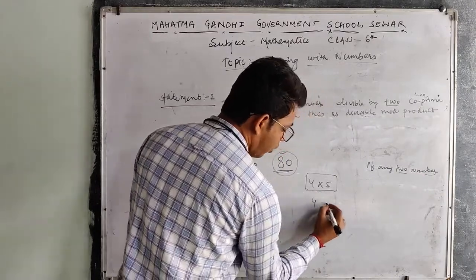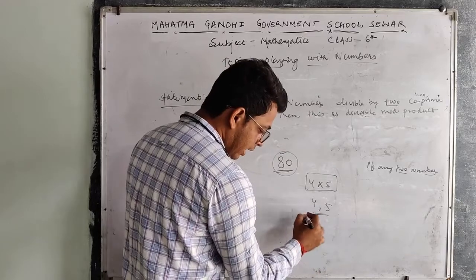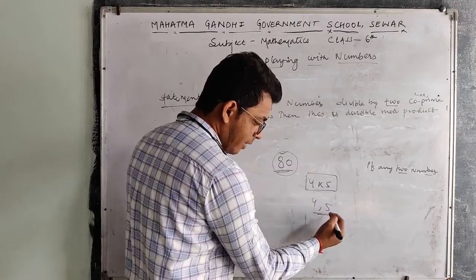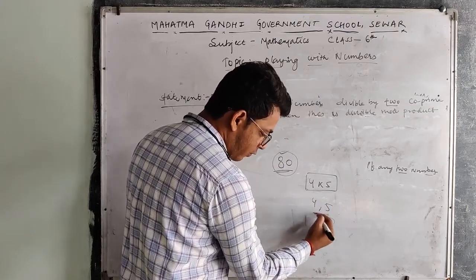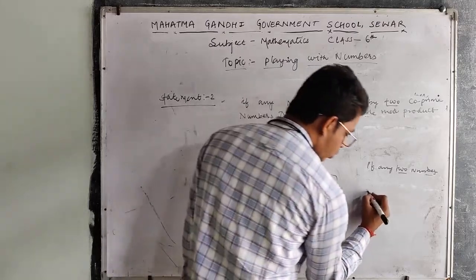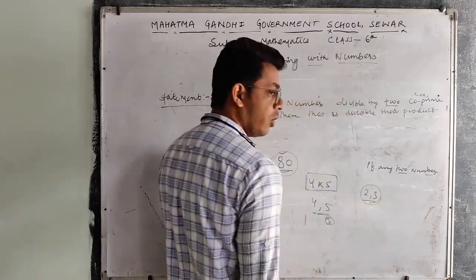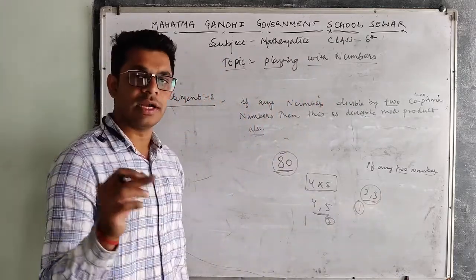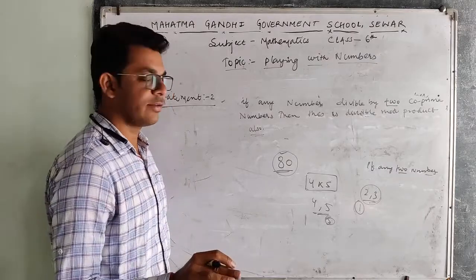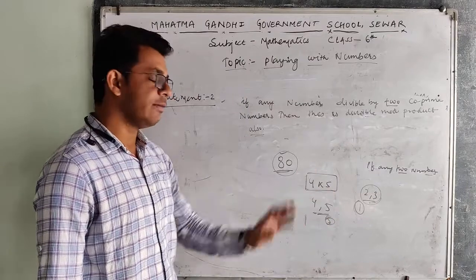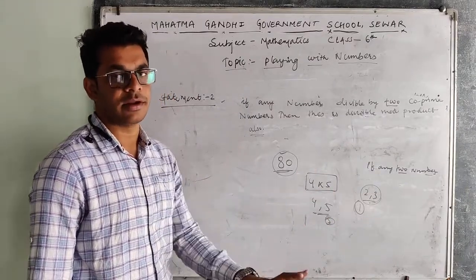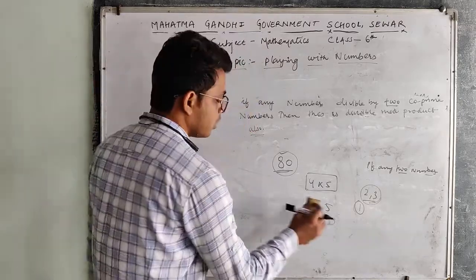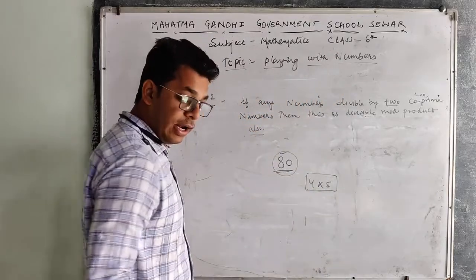If I divide 4 by 1, it will be divisible by 1. And also, 5 is divisible by 5 only, we can't divide 5 by 4 or any other number. If I write 2 and 3, these are also co-prime numbers because they are only divisible by 1 other than themselves. So any two numbers whose only common divisor is 1 are called co-prime numbers. So 4 and 5 are co-prime numbers.